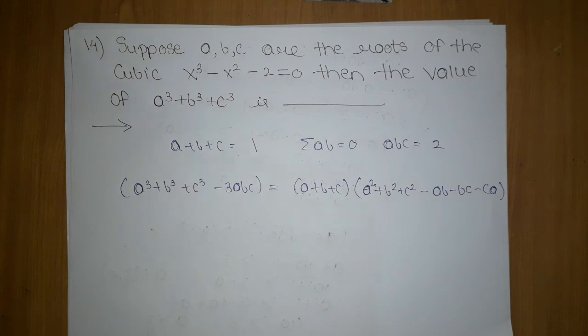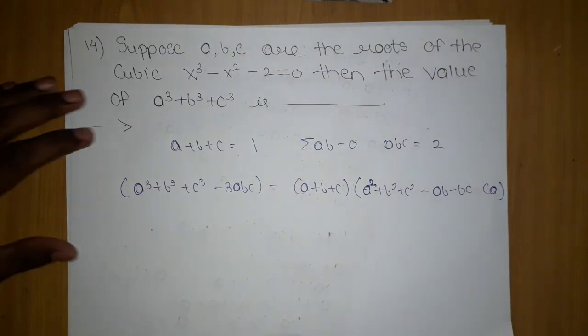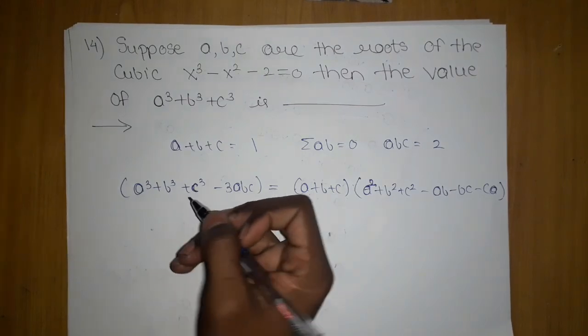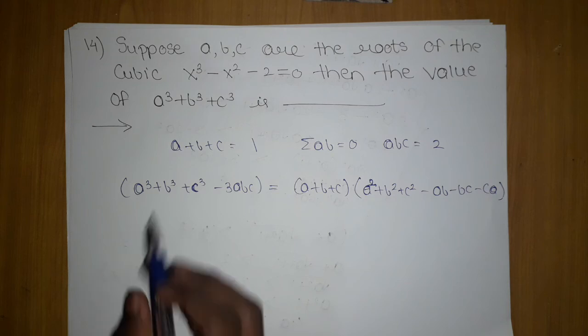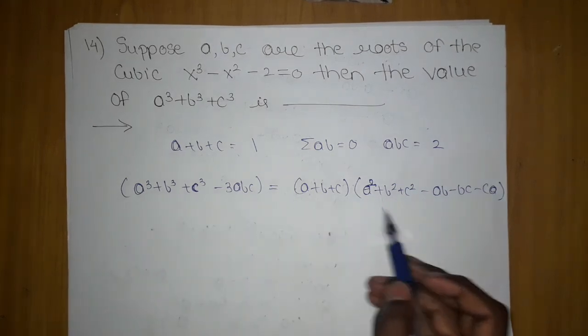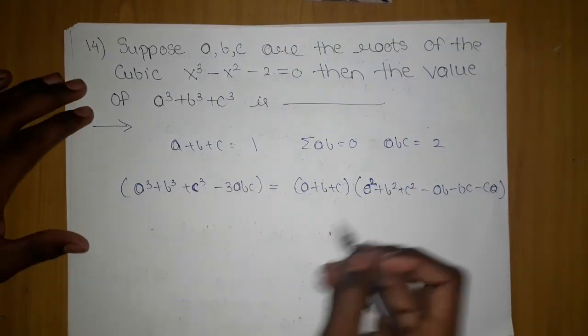So if you have done R.D. Sharma, you will surely know this problem. It is a quite good problem from R.D. Sharma. Now you should be very familiar with this formula, because it has already been used in a previous problem which we have done. So we want this stuff, we need to get this thing first. So how can we get this thing?